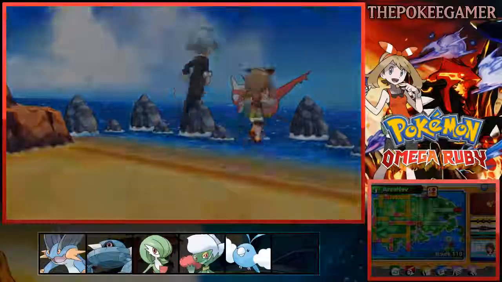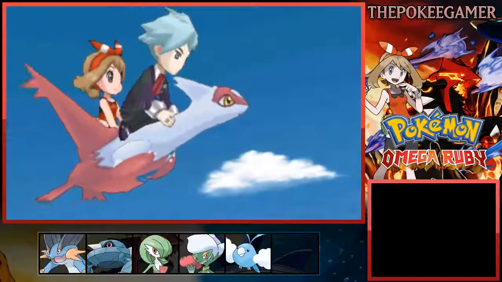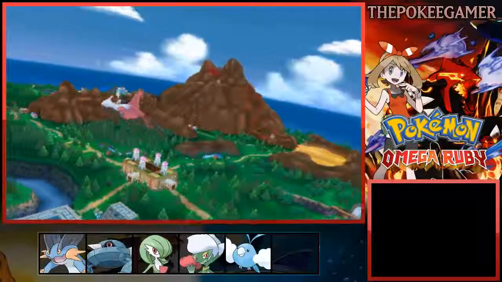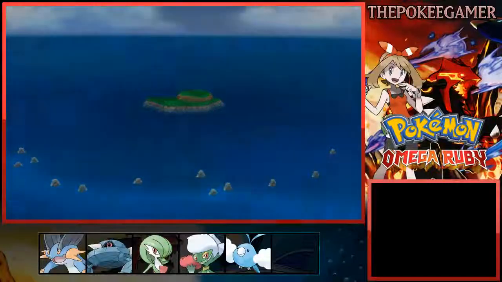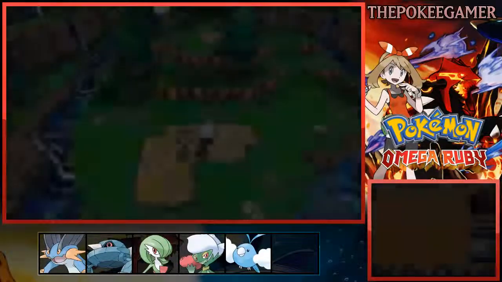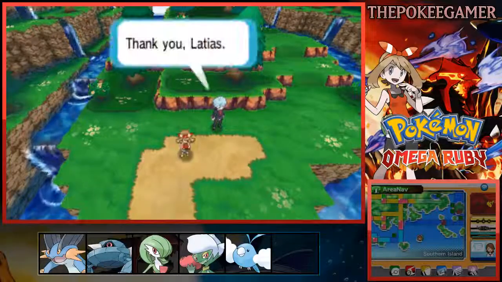So in a way, I feel bad for this thing. I mean, the demo was bad enough, and now in the main game, they actually have to carry two people on their backs to an island to do whatever. You'd think that one person might be heavy enough, but at the same time, I guess it is Latios and Latios. So, not giving them enough credit, I suppose. Anyways,